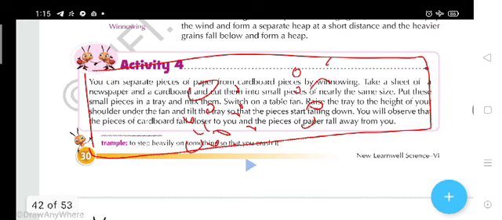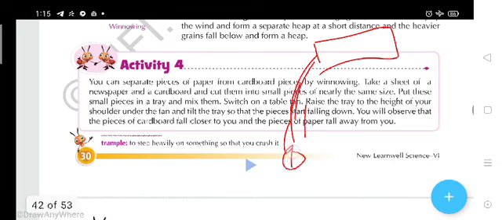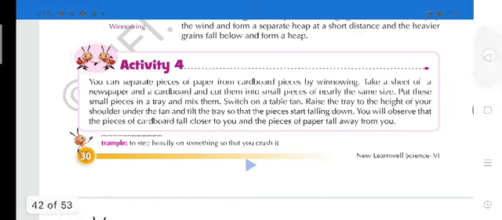You have to mix them, and you have to throw them from a height. Then what will happen? The heavier particles, it means the cardboard, will be here and the newspaper particles will be here if the direction of blowing wind is this.